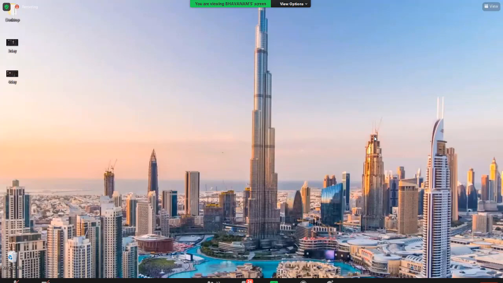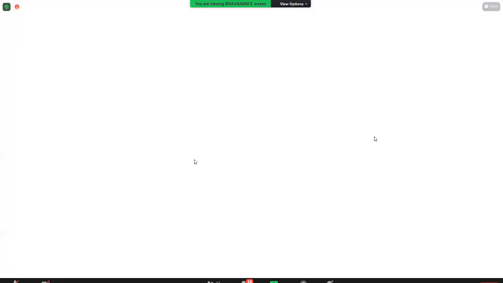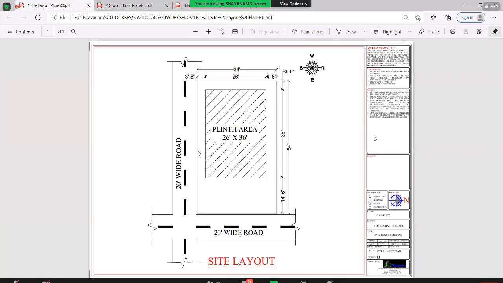Anyway, in this we are going to conduct the workshop, a 30-day course on 3ds Max plus V-Ray plus Revit actually. In that course, in 3ds Max, how you draw the 3D interior and elevation and cutout design and the kitchen, all these things you will definitely learn in the theory. We are always happy to share our knowledge with you guys. Whatever AutoCAD workshop we conduct, that model we will take and show you.